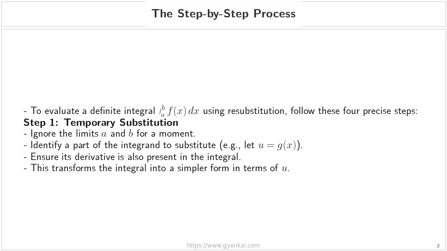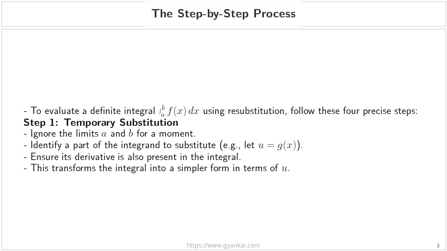Step 1, temporary substitution. The first thing we do is make a substitution, but temporarily. Notice it says to ignore the limits of integration, a and b, for the moment. This is key. We're simplifying the integral first. We then identify a part of the integrand, that's everything inside the integral sign, to substitute. We often call this part u, and it's represented as a function of x, so we might say u equals